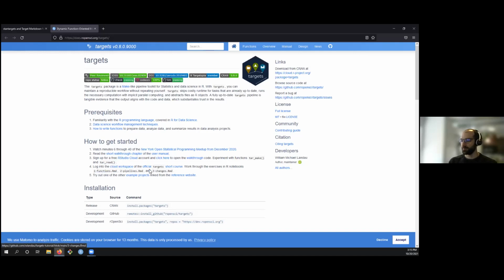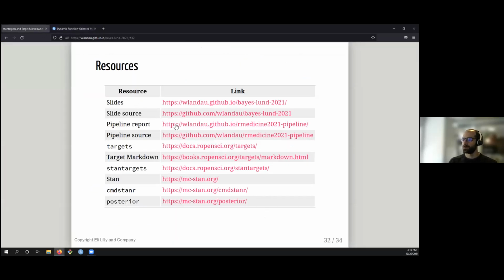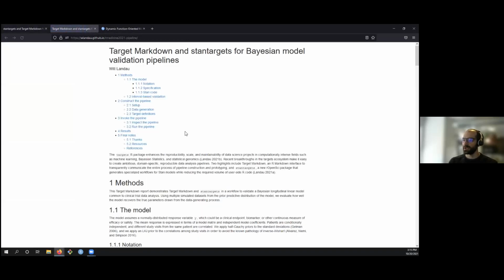There's a workshop, and there's a cloud workspace for that workshop, so you don't have to download or install anything. You can just go to the link, and you'll be in RStudio in your web browser. To get started and be able to run a basic targets workflow, maybe just go through the first 3-ish items in this list, and it'll take about an hour or two, but probably not much more than that.